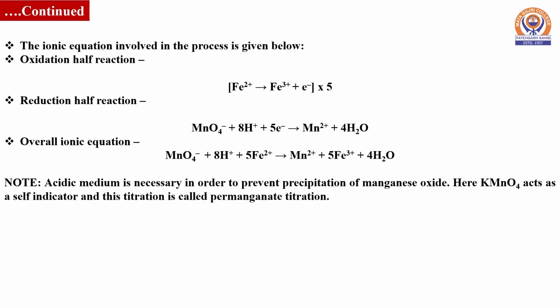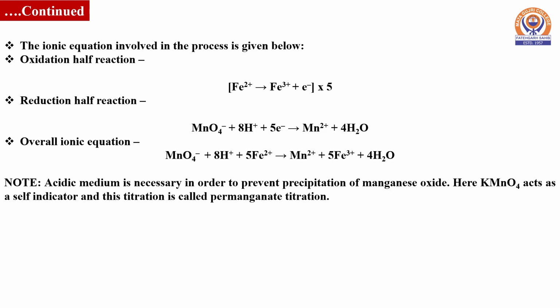The overall ionic reaction is the sum of oxidation half reaction and reduction half reaction and is given as MnO4 negative plus 8H positive ions plus 5 moles of Fe2 positive ions getting converted into manganese 2 positive and 5 moles of Fe3 positive ions are formed and 4 moles of water molecules are eliminated. Note that this titration is carried out in acidic medium by using dilute sulfuric acid in order to prevent precipitation